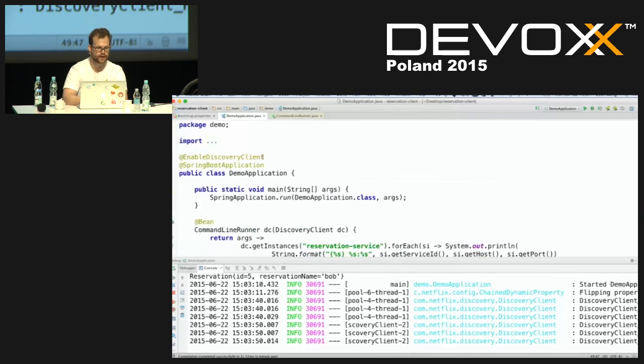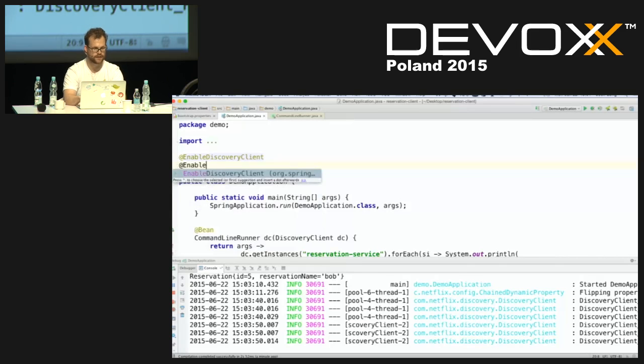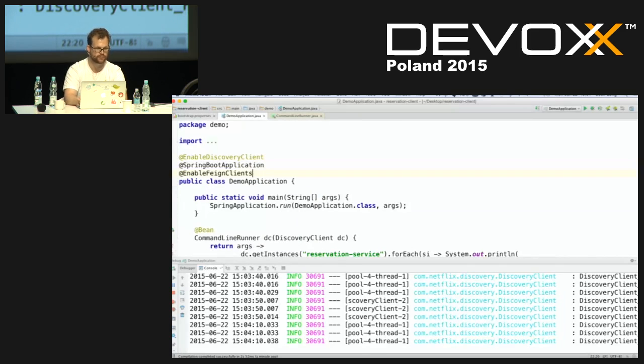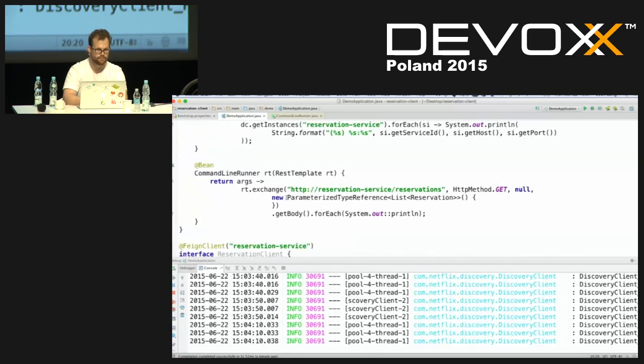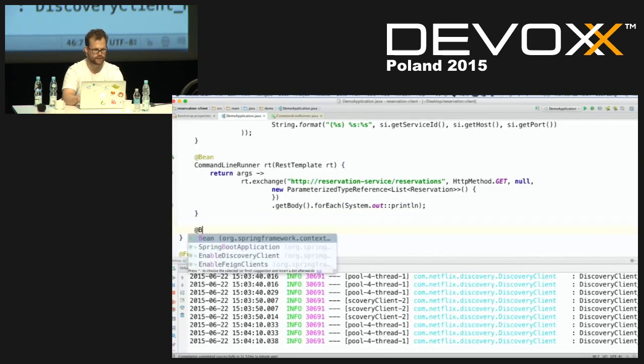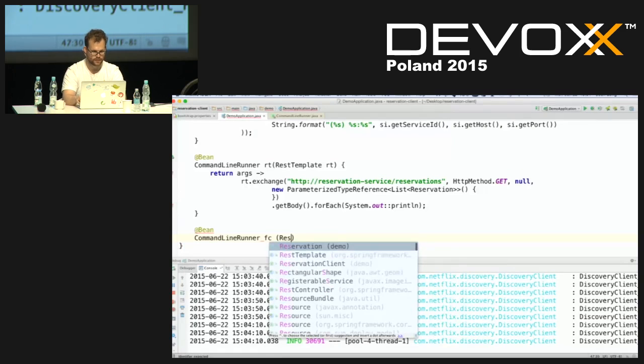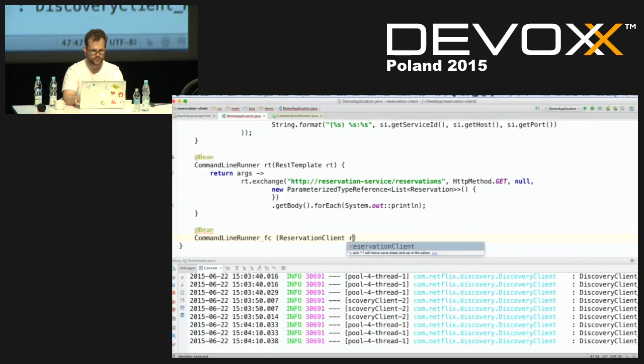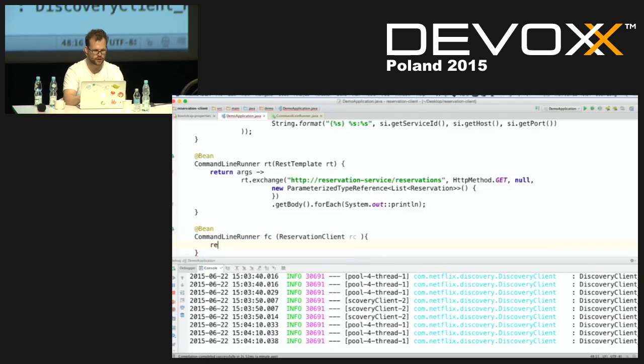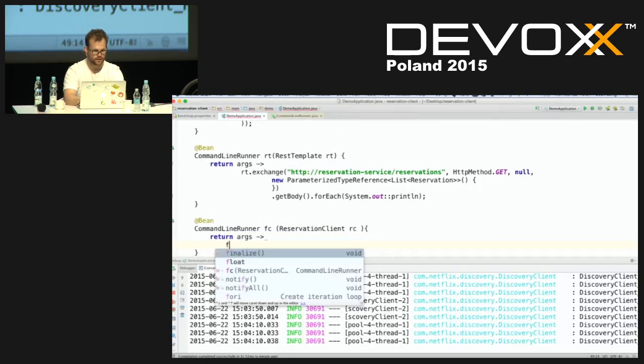And in order to turn that on, I have to say @EnableFeignClients, okay? So this is just going to turn on that support for me. And now I can build a third implementation of a command line runner that'll use Feign. So I'll say Feign client, Feign or ReservationClient, okay, rc. And I'll say return args like so,